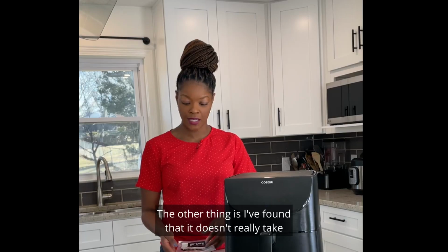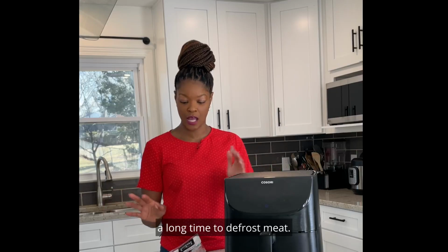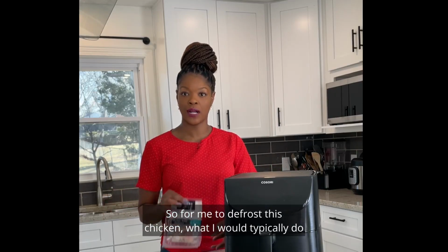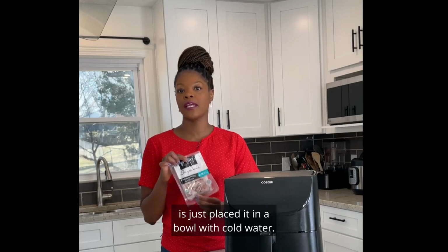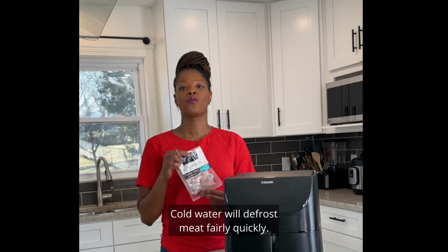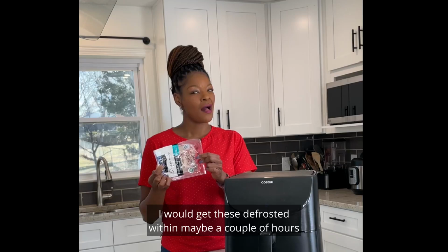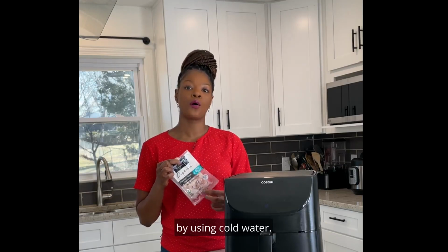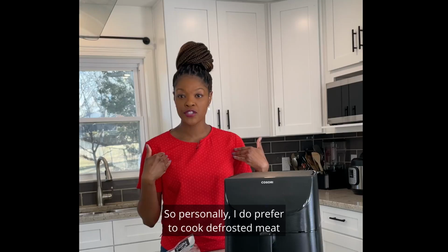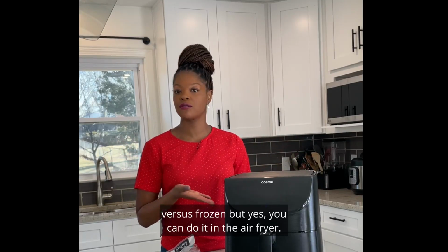The other thing is I've found that it doesn't really take a long time to defrost meat. To defrost this chicken, what I would typically do is just place it in a bowl with cold water. Cold water will defrost meat fairly quickly. I would get these defrosted within maybe a couple of hours by using cold water. So personally, I do prefer to cook defrosted meat versus frozen,